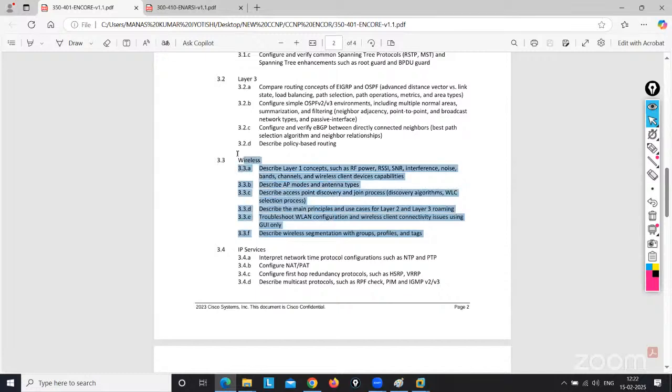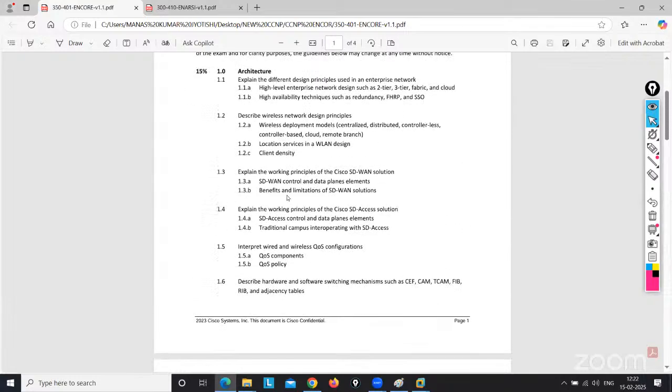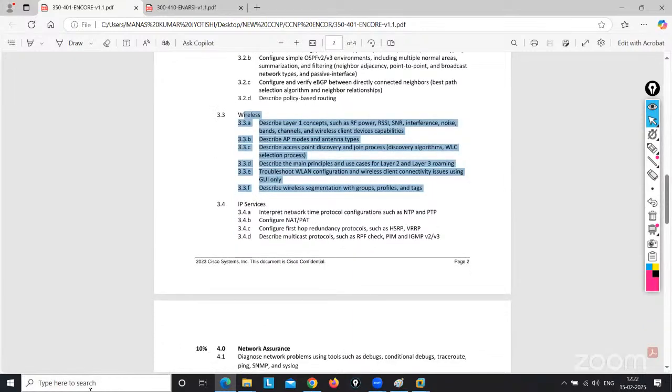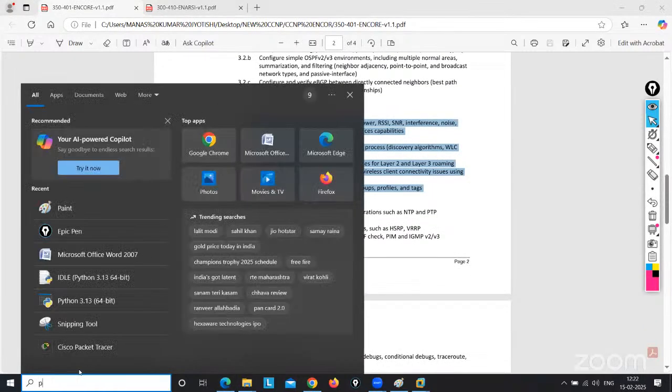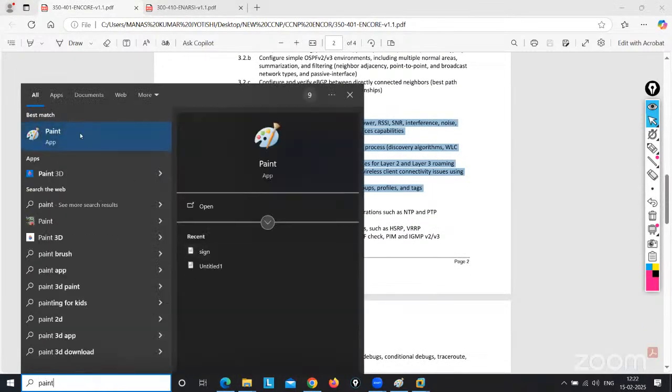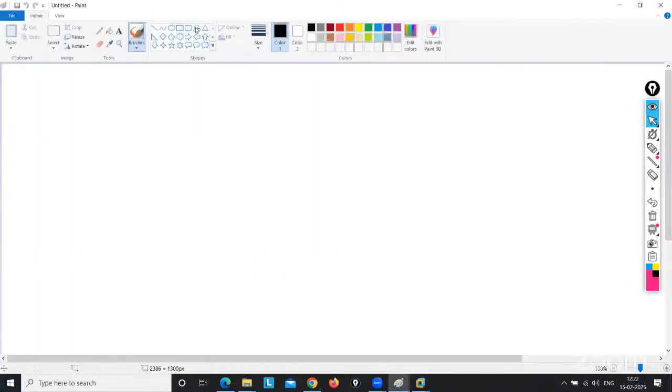But again, I am telling you, the question will be asked like that. Suppose some of the access points are not joining the controller. What will you do? This is not here, because the troubleshooting part is not there. But the questions they will ask, let me open the pen. They will not go through this course to ask you this question. Suppose this one is an access point, and this one is